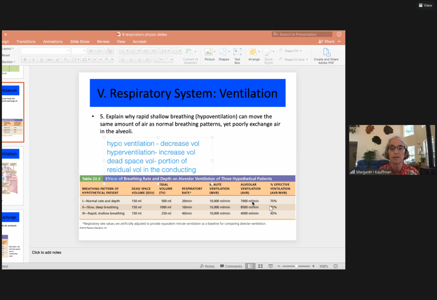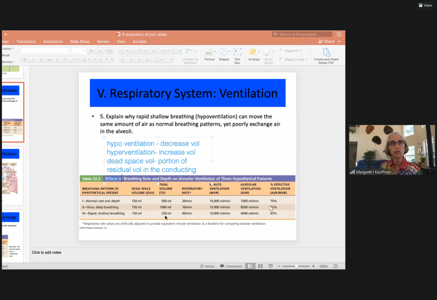The other 30% stays in the dead zone. So why this becomes important in hypoventilation is if you breathe rapidly but shallowly, even though you move the same amount of air, you still have to leave the same amount in the conducting zone with each breath. So this person is only breathing in 250 mLs with each breath. We have to subtract 150, which means that only 100 mLs for each breath is making it to the